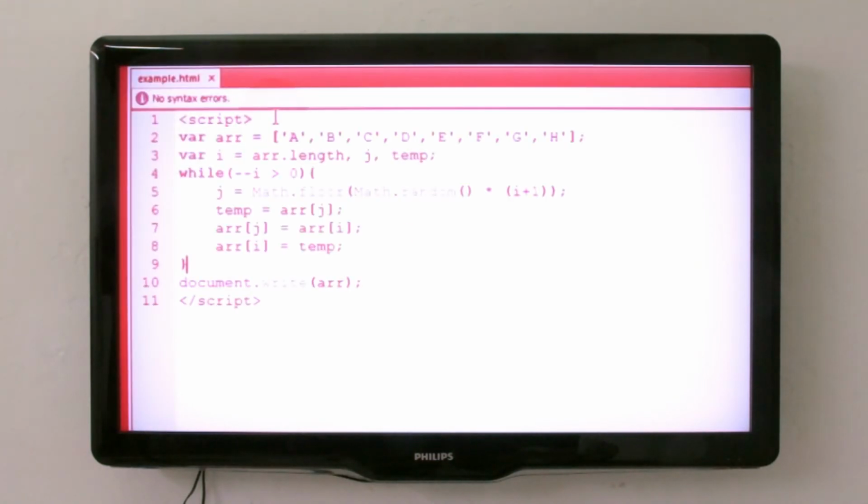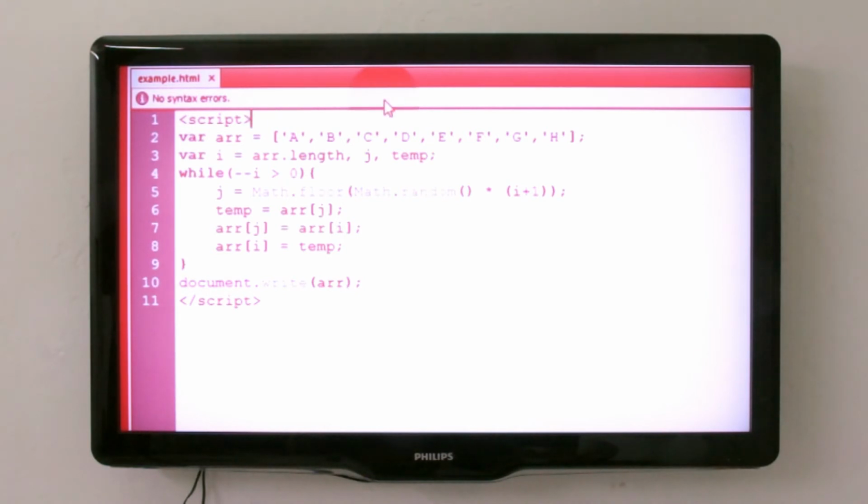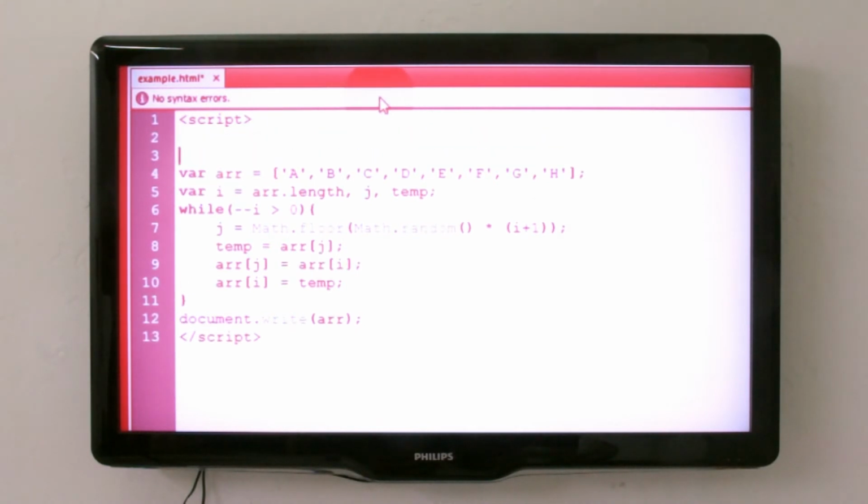Now, we want to have something that's a little more reusable and useful, so what we'll do is we'll add this to the array object as a method. So we'll type in Array.prototype dot the name of the method that you want. We'll name this shuffle is equal to